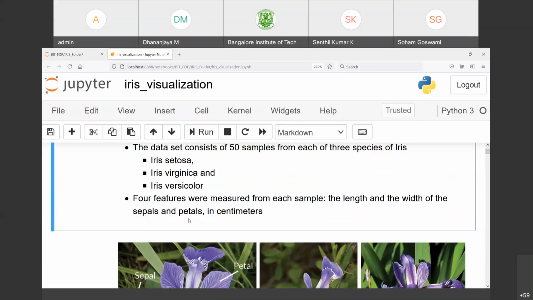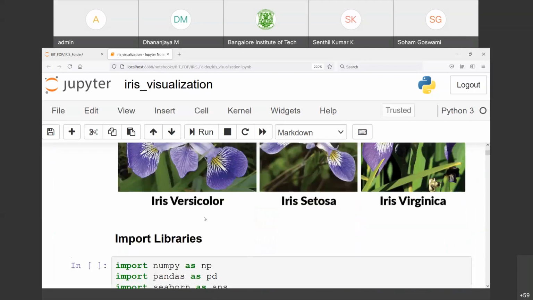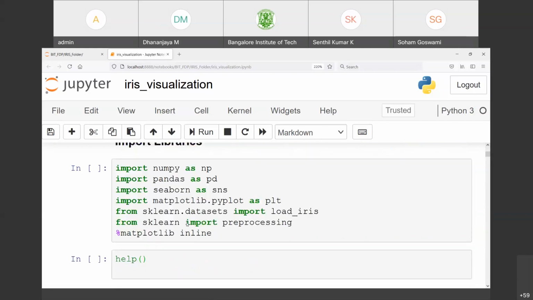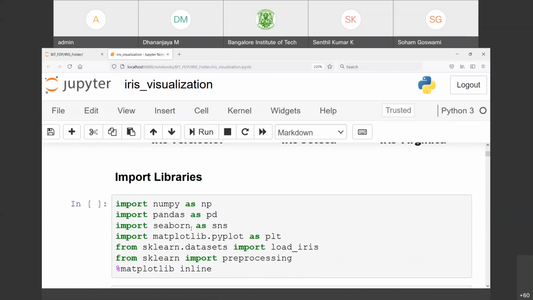And what type of features are there in that? It is the length and width of the sepal and petals in centimeters. So these are the 3 varieties of flowers: iris versicolor, iris setosa, and iris virginica. And this is the sepal, and this is the petal. So the measurement of length and width of these are gathered as the data set. So now the first step in Python,